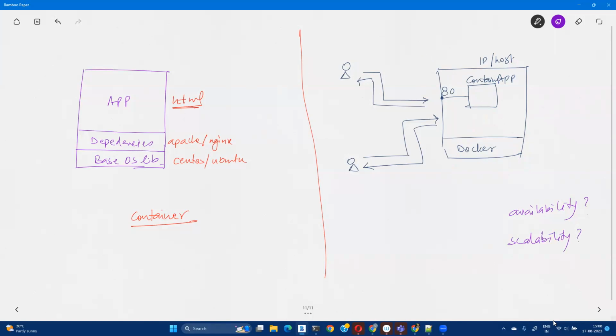So let's say there are millions of users accessing your application. Let's say there are 20 million users accessing your application. Would this one server be sufficient to handle such kind of load? No. A single container on a single machine will definitely be bogged down with so many requests, and it will